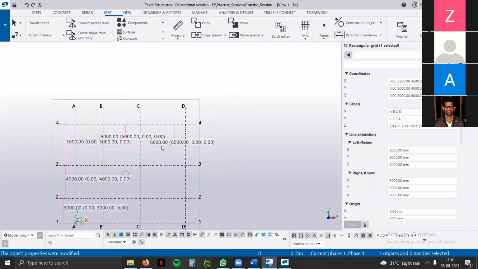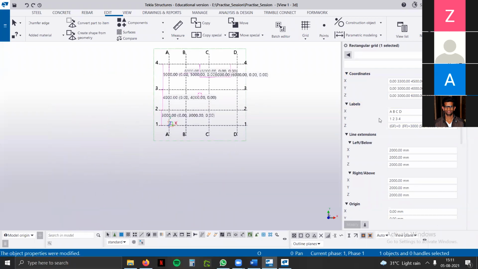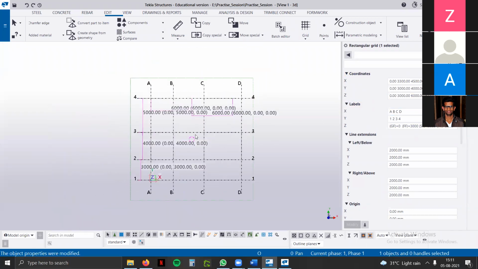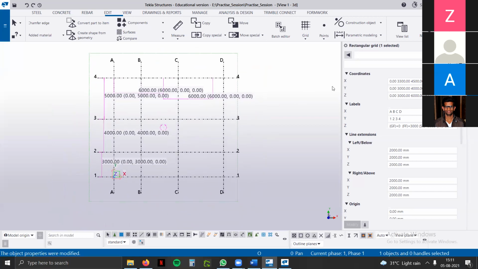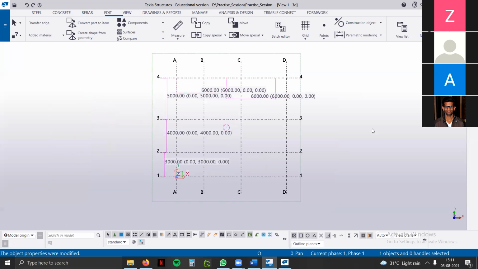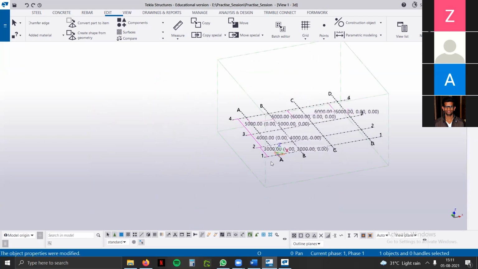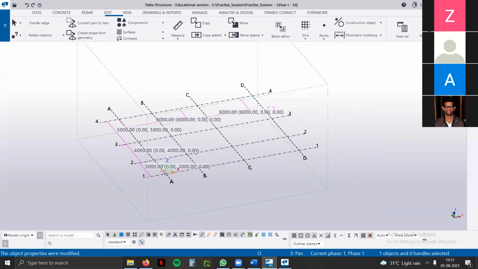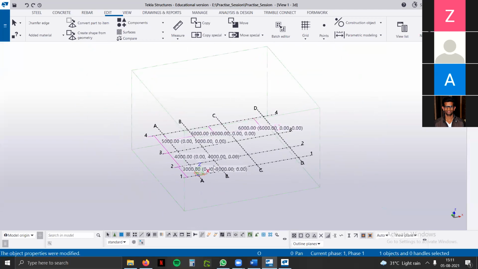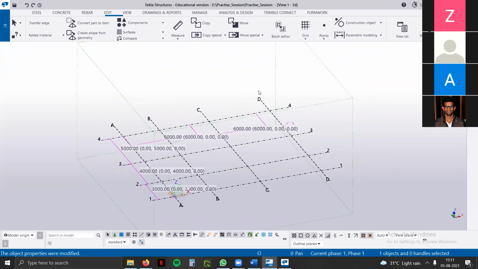Okay, now we have seen the labels and levels we have set accordingly. So in this work area, we are not able to see any of the levels. We are seeing just only one level, because it is on the view 2D plane. If we have to see the levels, we want some different views. We want some different levels to access those levels. So we will create